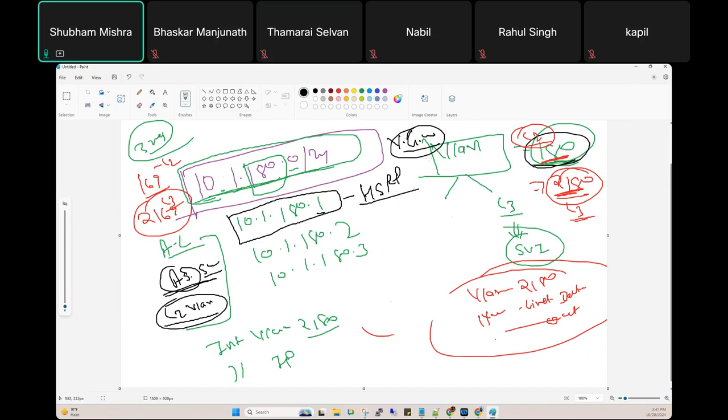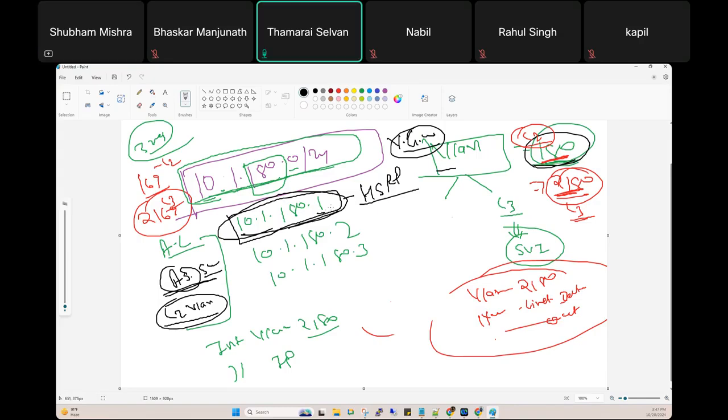We configure the HSRP on the DR. So on the DR, you create the HSRP and assign this IP as the virtual gateway. So all the machines deployed in LinkedIn get the default gateway 10.1.180.1. Any doubt?